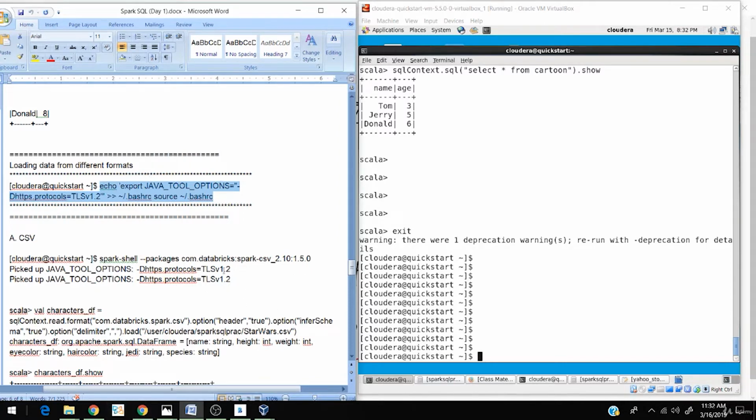If you are already on a newer version of Cloudera, no need to do this, because the newer version will be using TLS 1.2. The reason I am not going to a newer version is my system is getting more and more slow and I don't need a newer version for this. So I just updated the TLS to 1.2 and then I had to start the Spark. It is Spark shell